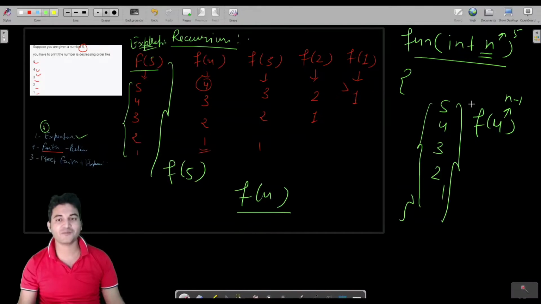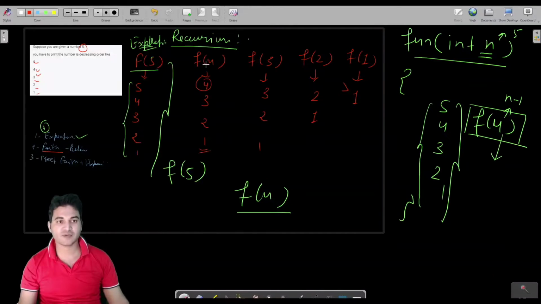I hope you got my point. So what I am saying is, instead of printing these numbers 5, 4, 3, 2, 1 in the body of this method, you can have faith onto this function that this f of 4 knows how to solve itself. You will have to have some faith onto this function that this f of 4 will print itself or print its expected output.